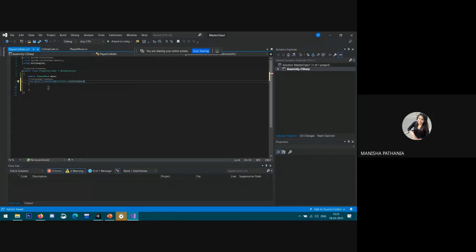Now when the two objects collide, this condition will run.